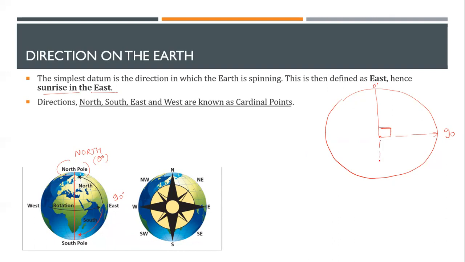Then this kept on going, and I realized that I have another direction at 270. So this became 270. And I came back to my initial datum or my reference point, which was north. It became 360. So you will hear most pilots saying 360 instead of 0, because 0 is something which people get confused about. But with 360, no one can get confused because after that, you restart the clock. And that is how the directions came into existence.